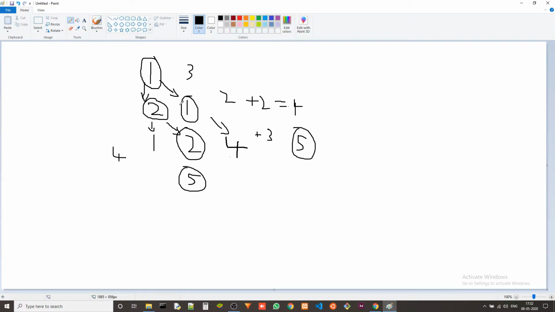Now this path will yield 5 as the maximum, but if you choose 1, 1 and 4, it will actually yield 6 as the maximum. So if you follow the greedy method and choose 1 and 2 and then 2, 1 and 2, then you can't choose 4, so you'll be stuck with 5. But if you choose 1 and 1, which is the lower of these two numbers, you'll end up having the higher sum. So you can't solve this by coming from the top using the greedy method.